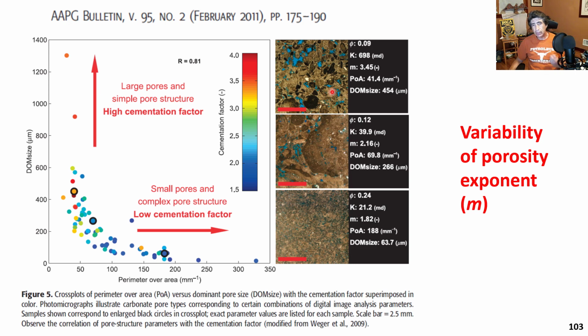And this happens because of the bimodality, the variability of pore sizes and throat sizes that we have in the rock. So the more uniform the pore sizes and throat sizes are, then the lower the value of m. That means that the more efficient the rock is at conducting electrical current, or for that matter, at transporting fluids if you implement a pressure